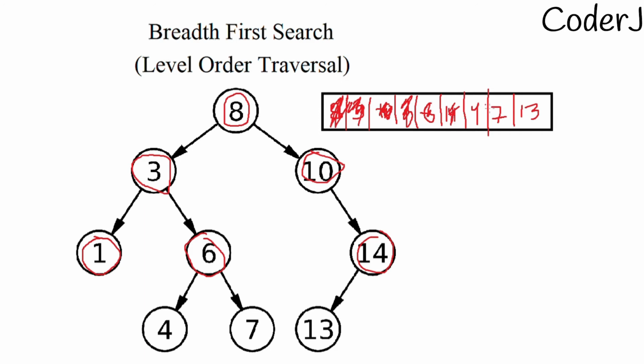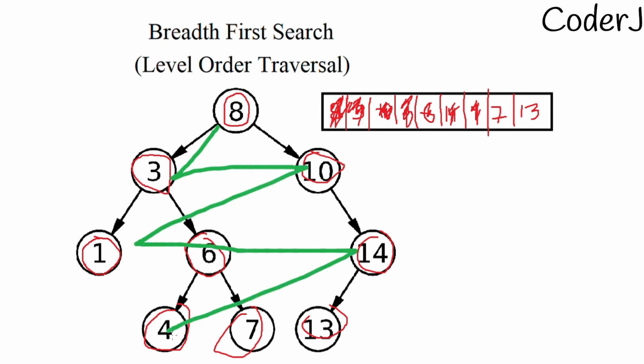After that, what is the next step? Go to the next element, that is 4. Print 4. Does it have a left child? No. Does it have a right child? No. Then the last thing to do is remove 4, and for 7, then print 7, then 13, because these are leaf nodes, they won't have any child. So you see how we did this traversal. I'll show this with another example. We first went here, then here, then here, and here.